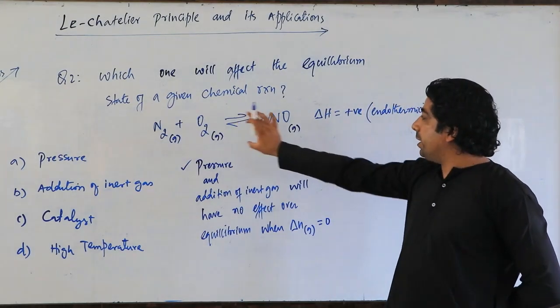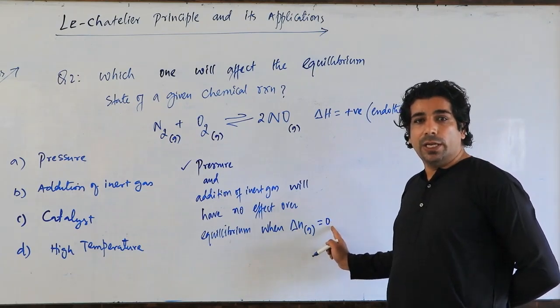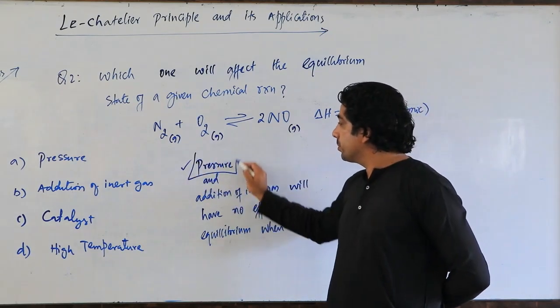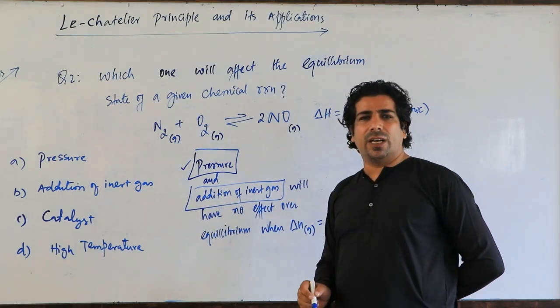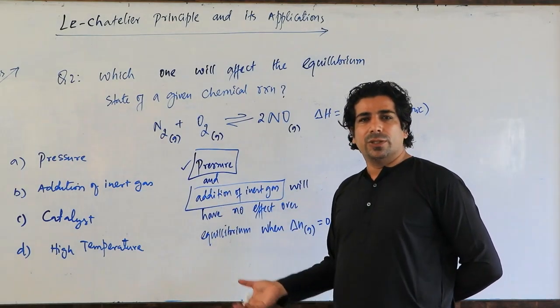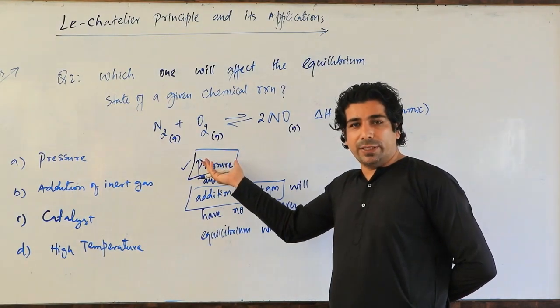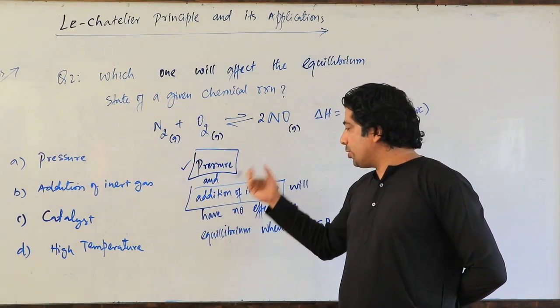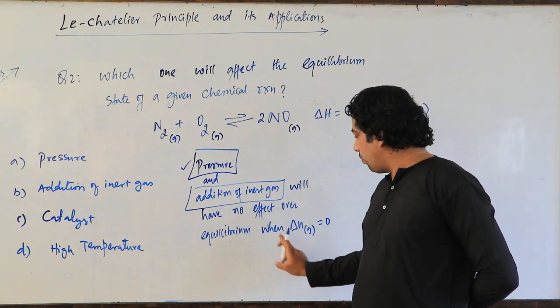We have to see here in this chemical reaction, if delta N gaseous is equal to 0, then the pressure and the addition of inert gas. Addition of inert gas will also increase the pressure. So addition of inert gas is also related to pressure only. Okay, my dear friends. So pressure and addition of inert gas will have no effect over equilibrium when delta N